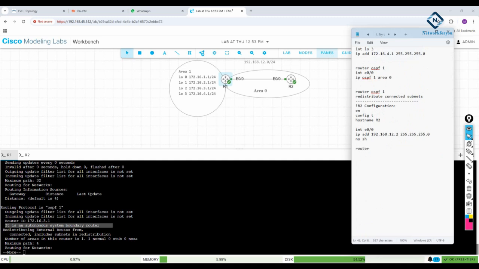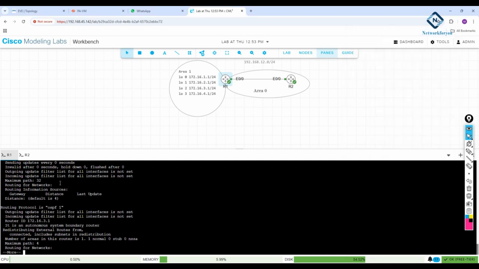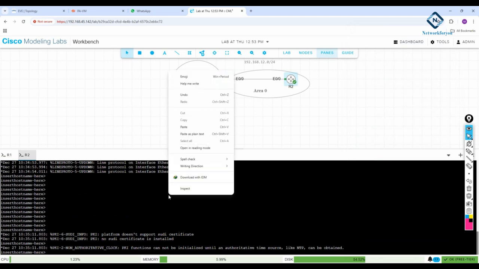Now I need to enable OSPF, so I will write router ospf 1, then the interface, whatever interface we have. For example, we are using Ethernet 0/0, so I will write here ip ospf 1 area 0. That's all. Okay, so this one I can copy and paste. Let me copy and paste here. Let me go to R2 and paste here,